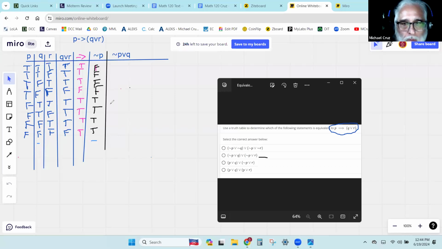Not P or Q. We don't have to worry about the order because it's not the conditional. So what we're looking for again, in order for it to be true, is one T. So not P. So true, true,